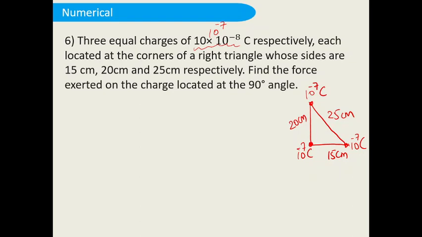So here, suppose I will write the names. This is suppose A, B, and this is C. So this is the force on B due to A. This will be FBA bar. This is going to be the force on B because of C. So this will be FBC bar. Okay, and you want to get the total force. So total force is nothing but F. F will be nothing but under root of BA bar plus BC bar. So the data is